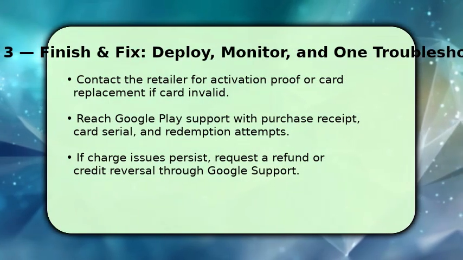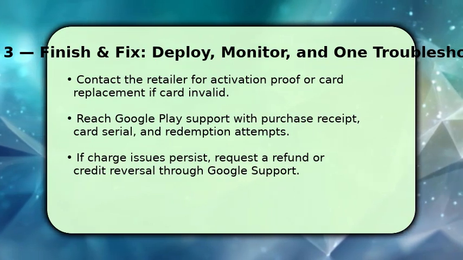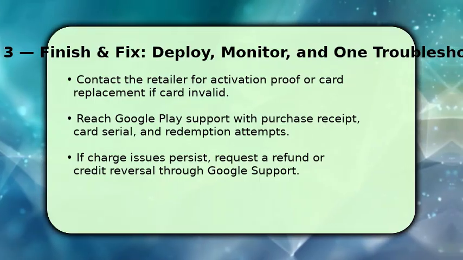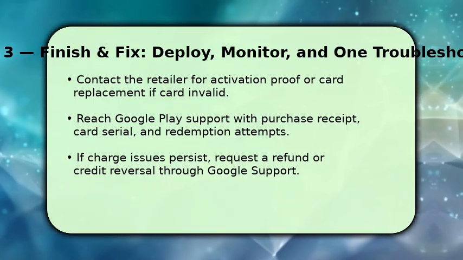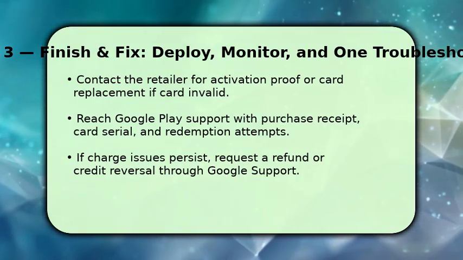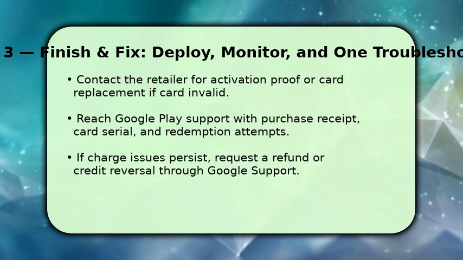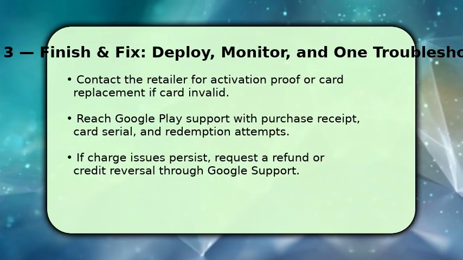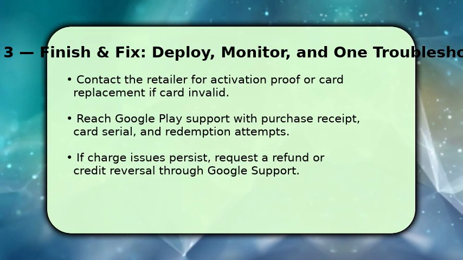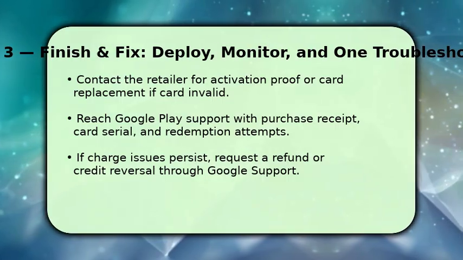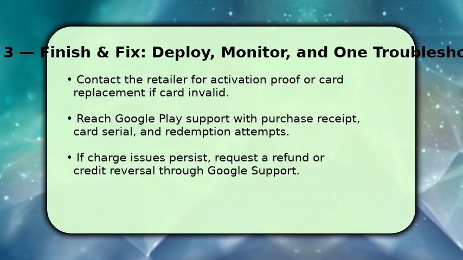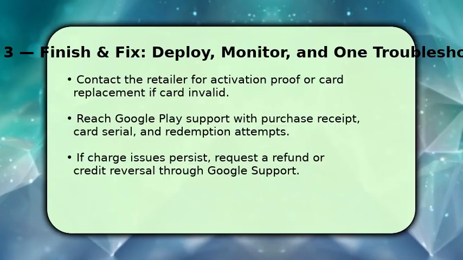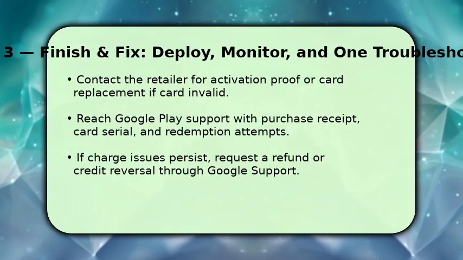Finally, escalate smartly. If the card shows invalid or already redeemed, contact the retailer first and request proof of activation or a replacement. If that fails, reach Google Play Support and provide the purchase receipt, card serial number, and a log of redemption attempts. These details speed verification. If funds were charged incorrectly, ask Google for a refund or credit reversal. Troubleshooting tip: if you get a region error, temporarily change your Play country, only after understanding implications for subscriptions and